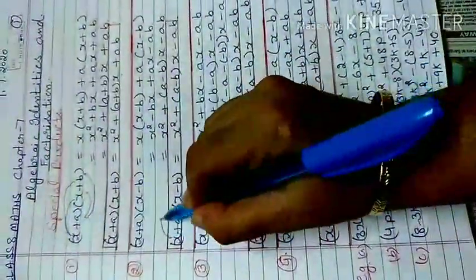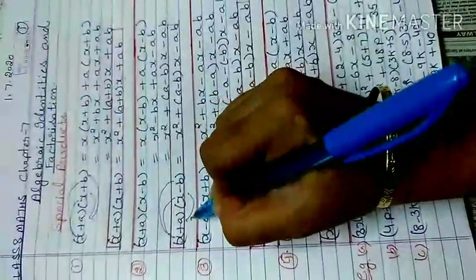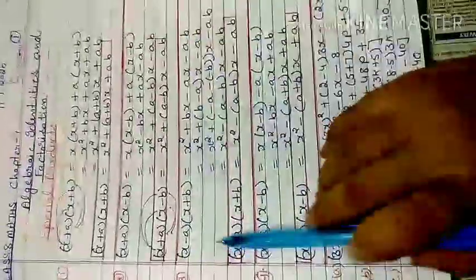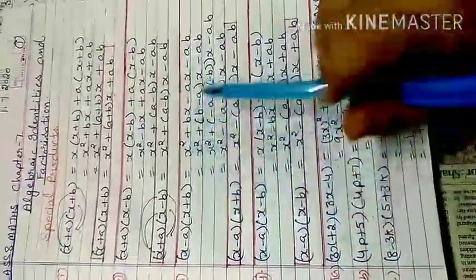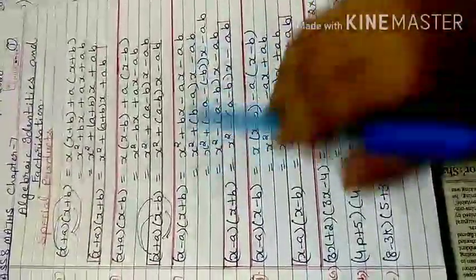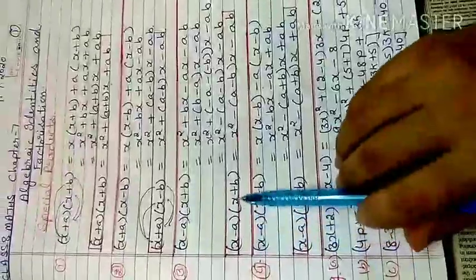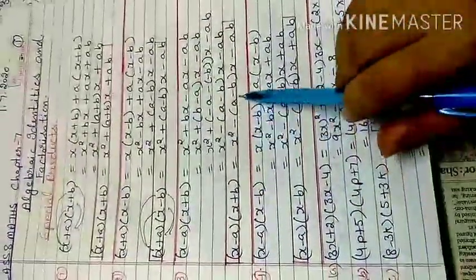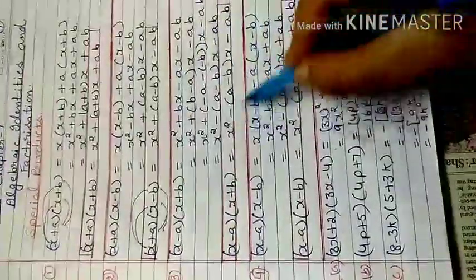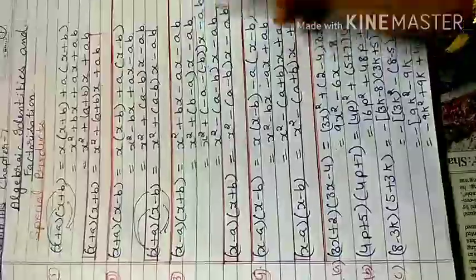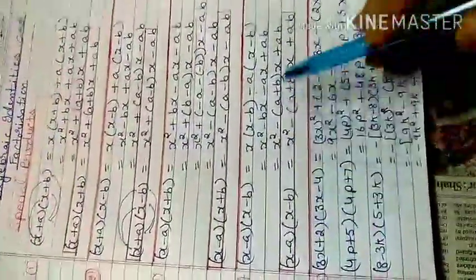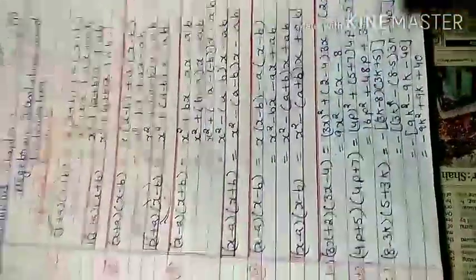Similarly here also x will be multiplied by both the terms, a will be multiplied by both the terms, and you get x square plus a minus b, x minus ab. Similarly x minus a, x plus b gives you x square plus b minus a, x minus ab. You can wind up this formula up to here. Then x minus a, x plus b gives me x square minus a minus b, x minus ab. If both terms are the same, instead of using this complicated formula, you can wind up this formula, x square plus b minus a, x minus ab. Similarly, if both terms are negative, x square minus a plus b, x plus ab.